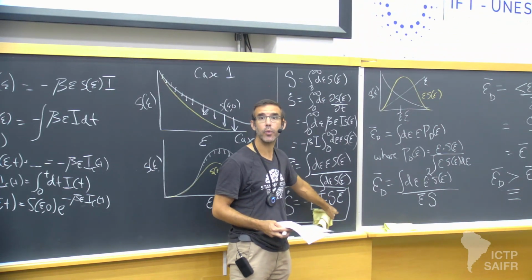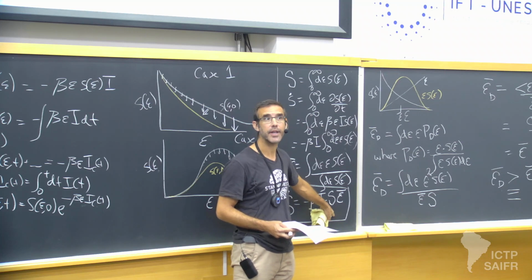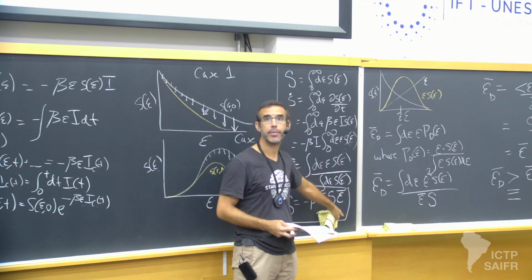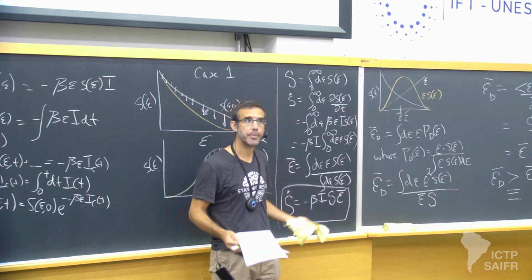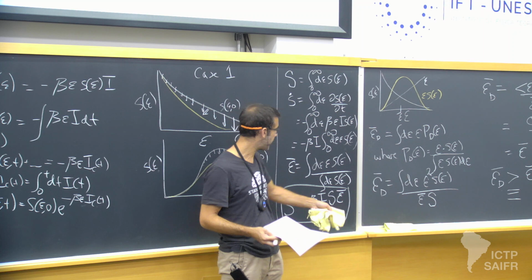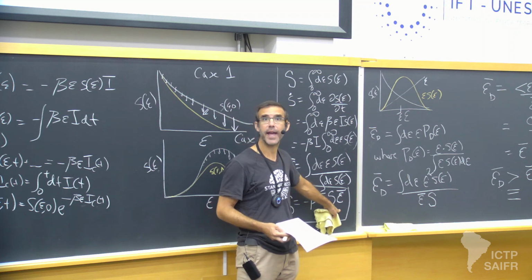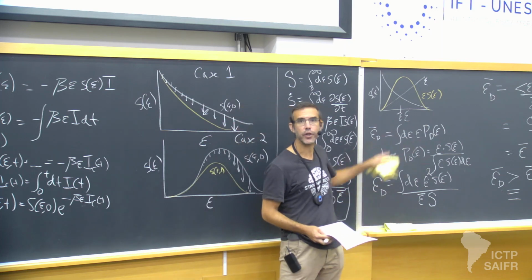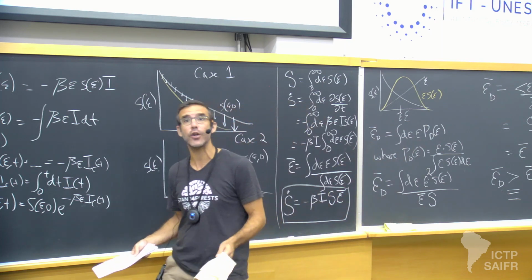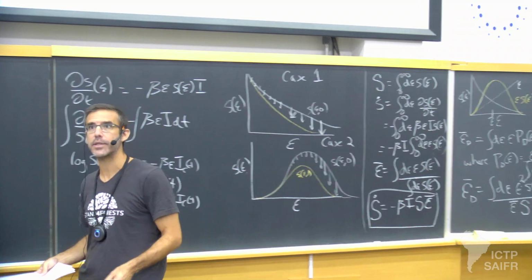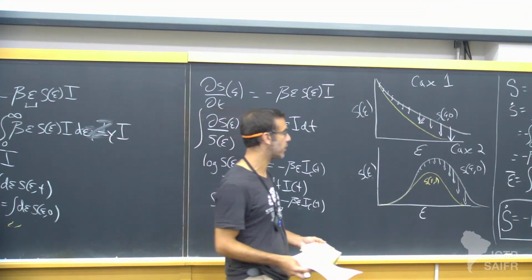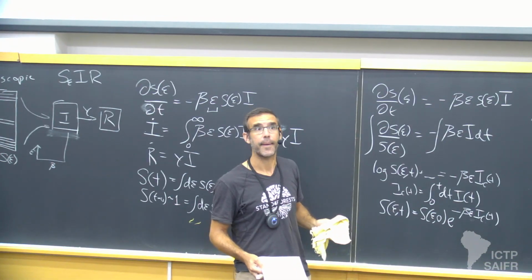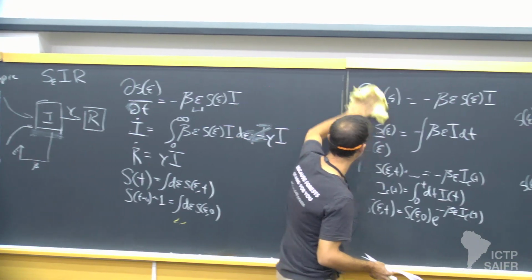Let's keep up where we were. I know there's a lot of math here today. We had found a new relationship between S dot, rather than just being minus beta IS, we also had this E average susceptibility, but that is a dynamic variable. And I could have just, again, as I said, attacked it, but instead I just wanted to show you why I think it's going to decrease. It must decrease. And now we're going to explicitly derive it. Okay, so I'm going to erase this component. No complaints. Away it goes.